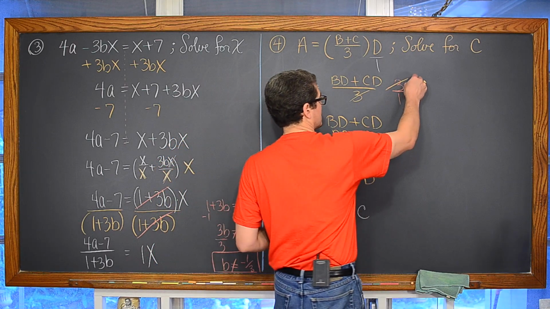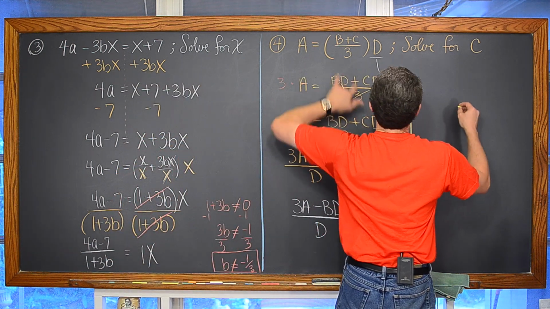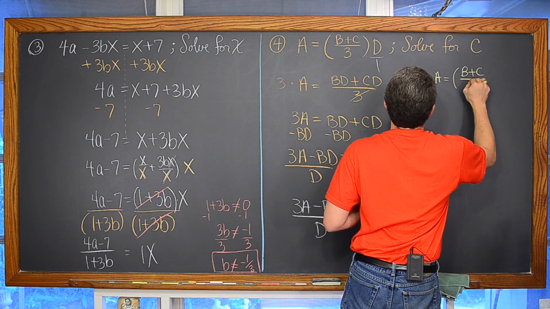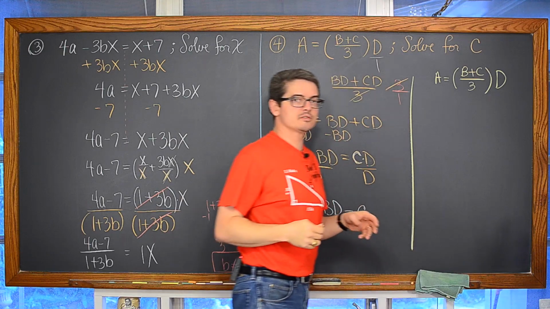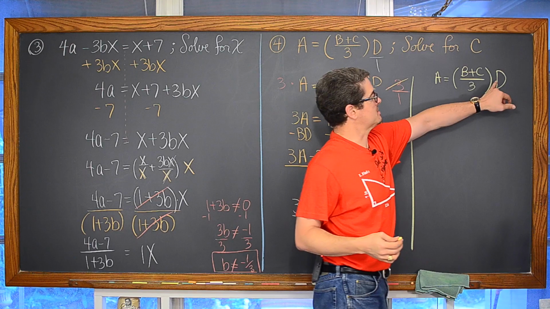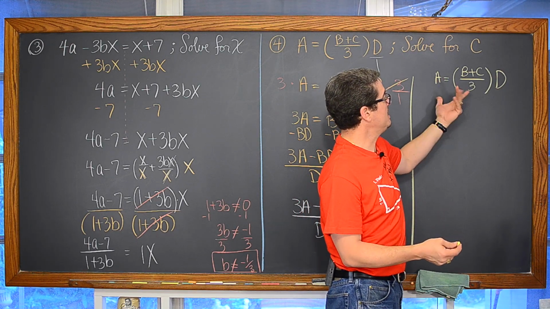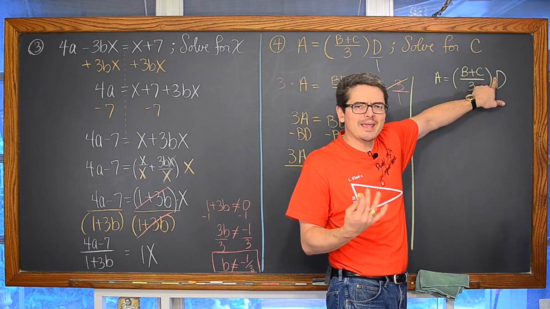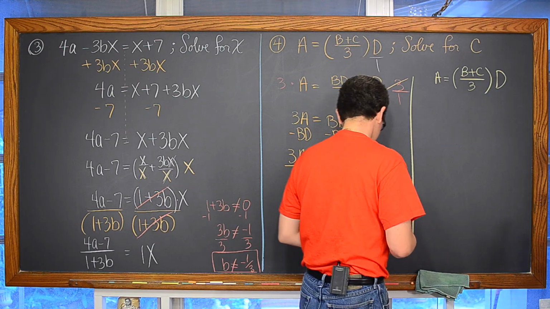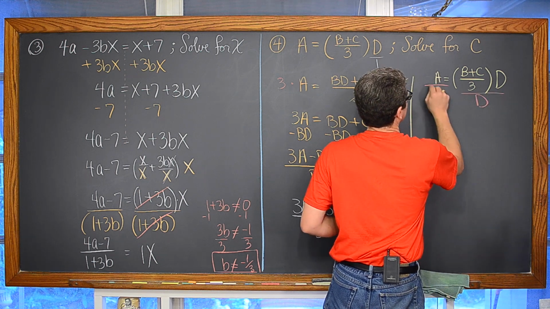Now, I'm not sure if my final answer is going to look any different, but what if we go back to our original problem? a is equal to (b plus c) over 3 times d. We're trying to solve this for c. Another way of eliminating the need of those parentheses is to undo the multiplication of d that's with it. So I could have just started this problem immediately by saying, I want to undo that multiplication of d, get that d away from the parentheses. So let's go ahead and divide both sides by d.